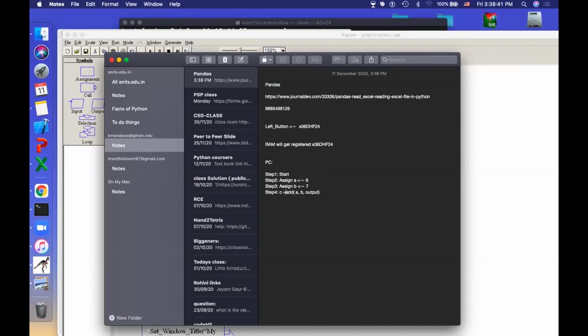So I will say C is equal to, maybe here I need to receive C, because I want to put it in there. So C will be the output that receives. So I will say step 5, maybe instead of C I will put answer. Put, or you can also use display answer.